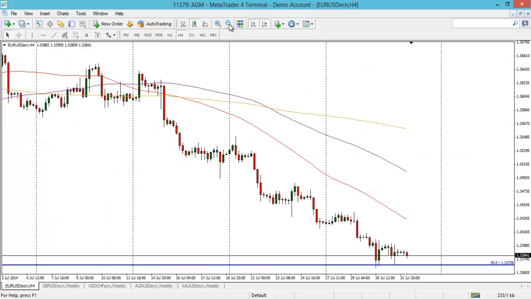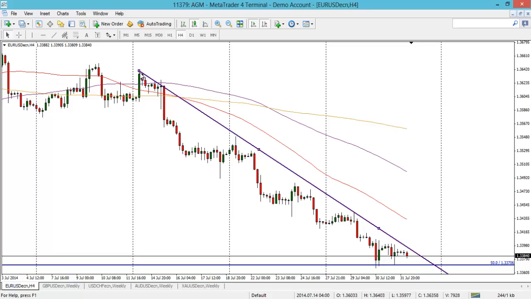In terms of the 4-hour, it's pretty self-explanatory there as well. You can just see a solid down trend line which has been going on, just grinding lower. Any test of this trend line has just been sold off. You probably could extend it to there as well, perhaps. But it's just been grind lower mode.